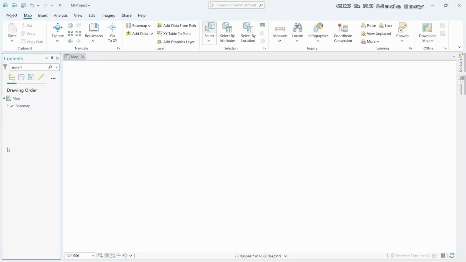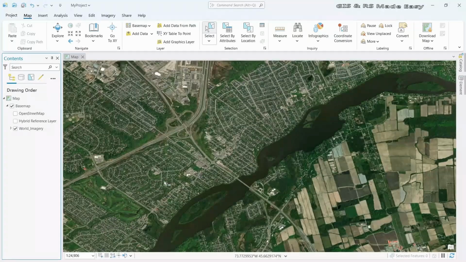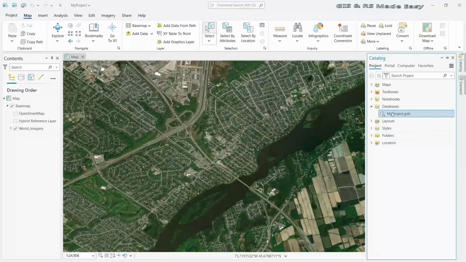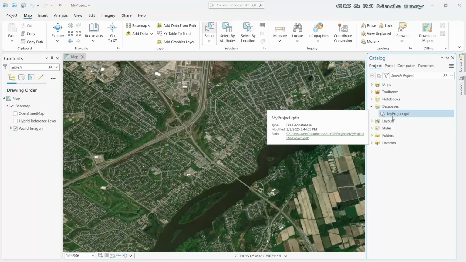First of all, let's turn on the base map. We have the world imagery base map here. Then we will create a polygon feature for our study area here and draw the study area. Let's do that. Go to catalog and within the database in our